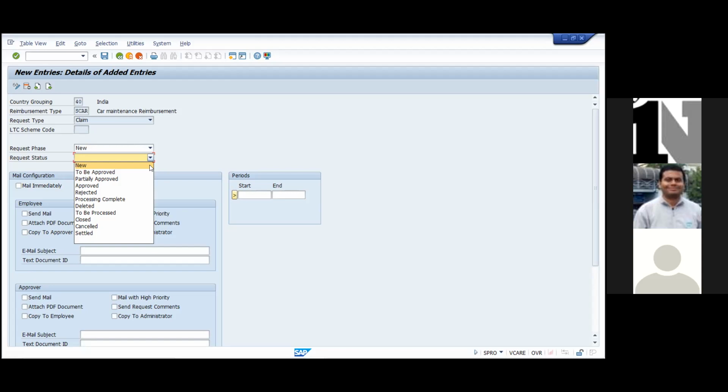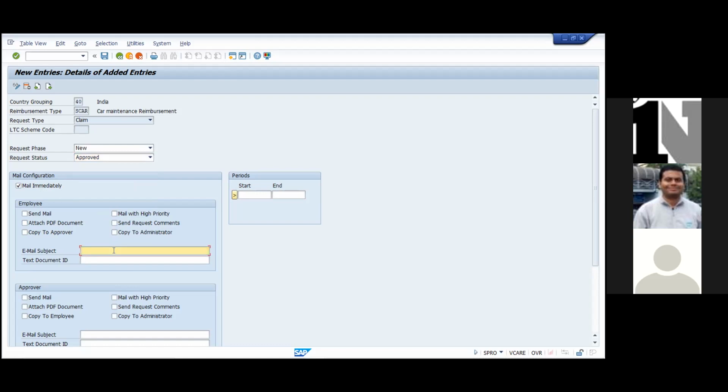Yes, sir. This is where the application status will be. Exactly. So the idea is you may not want all kinds of notification, right? Suppose only in case of approval or only in case of rejection you want mail notification. So what you will do is choose, say, new, then you can choose approved. In case of approved, you can choose mail immediately. Then you can write the mail subject here, and for the approver also the email subject here. Okay. So all those things you can write here.